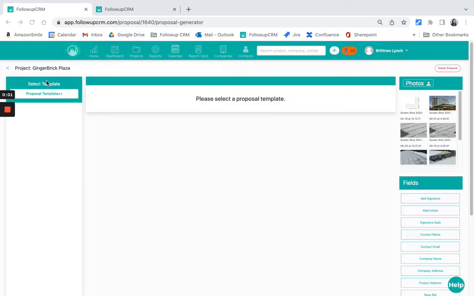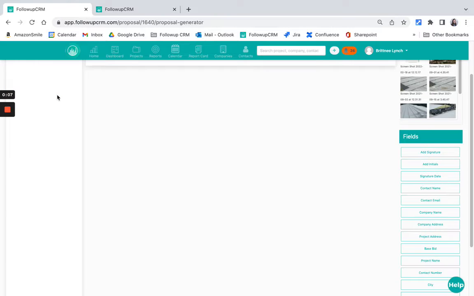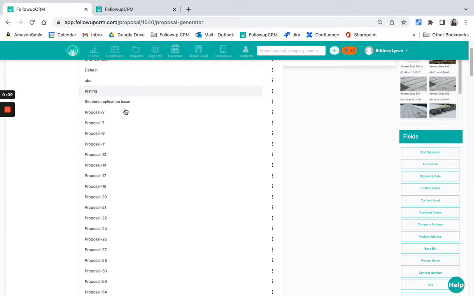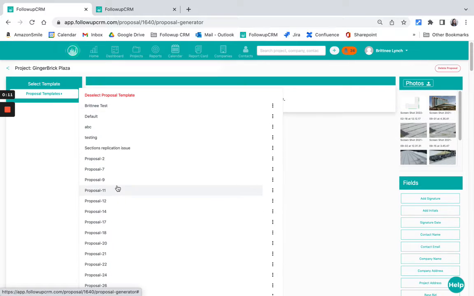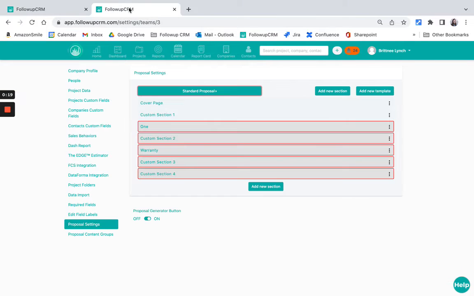You can house multiple template types right here in the proposal generator so that when you come to proposal templates and select that, you will have a drop down of all the different templates that you saved. So an administrator, a system administrator, or an executive can come over to company settings and then to proposal settings,